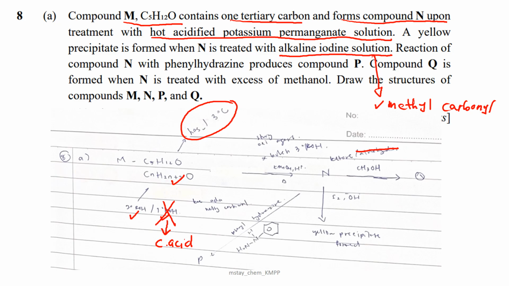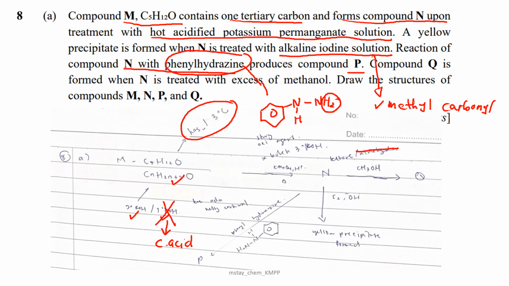Okay, then we continue. N will react with phenylhydrazine to produce compound P. So we know that phenylhydrazine, from the name phenyl, contains a benzene ring. Hydrazine means there are nitrogens bonded together. So this is NH and this is NH2. So the reaction of N with phenylhydrazine is quite similar to the Brady test. We will take out 2 hydrogens from the phenylhydrazine and 1 oxygen from the carbonyl compound